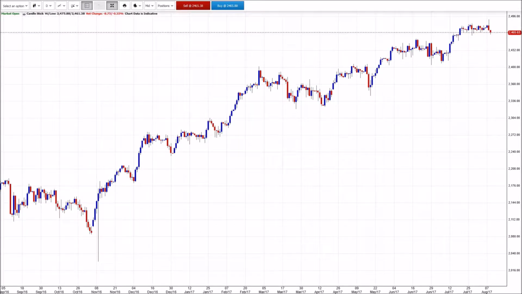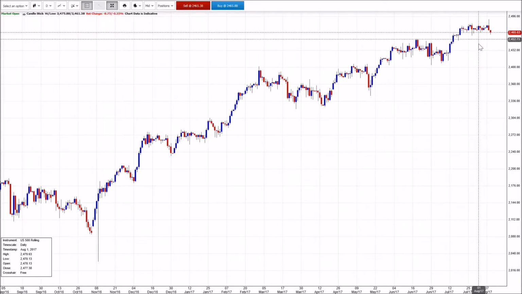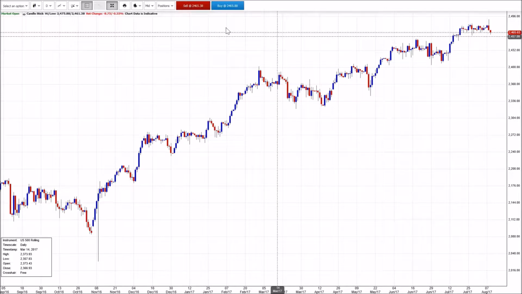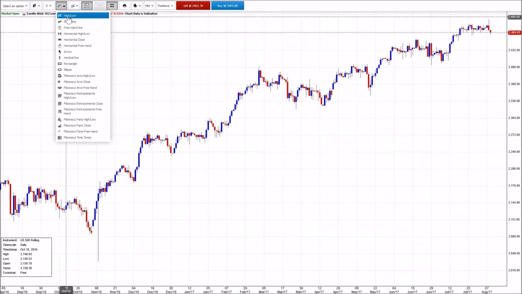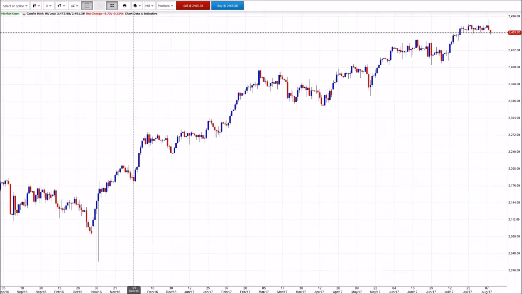We flipped it over to a daily chart now. It doesn't look quite so dramatic on a daily chart, does it? I mean, it was pretty dramatic to watch, because it really just went straight up, then straight down. But in the great scheme of things, it has not made one iota of difference to that overall trend. But what I'm going to look at in a second are some short-term levels to watch